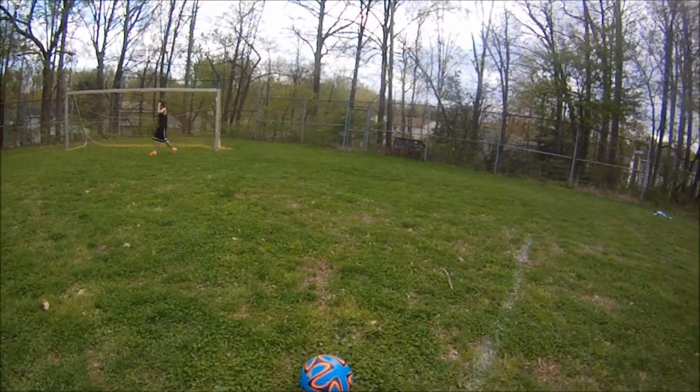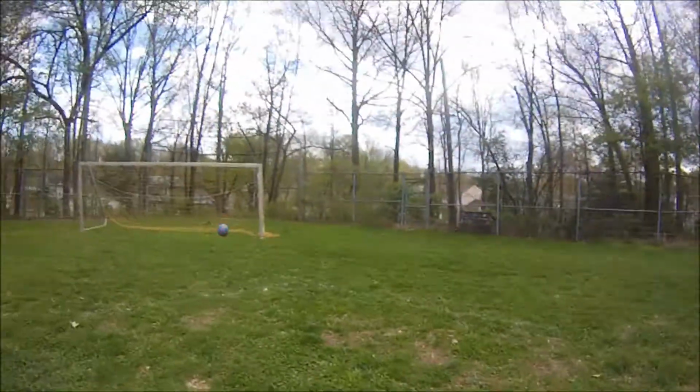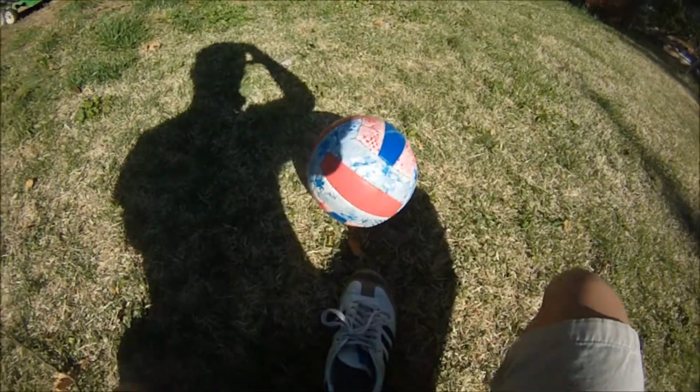One other thing to consider is where your foot points, where you follow through. You can't just kick and then stop. You really have to follow through. Oh, beautiful! So basically for an inside curve, you're going to do the same thing as an outside curve, except